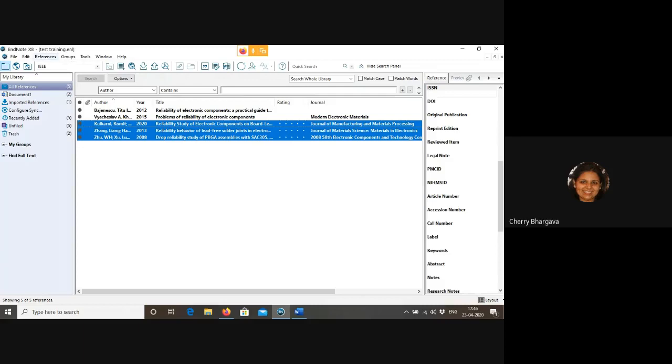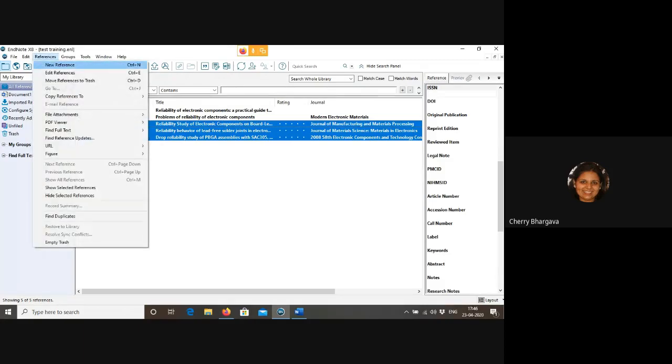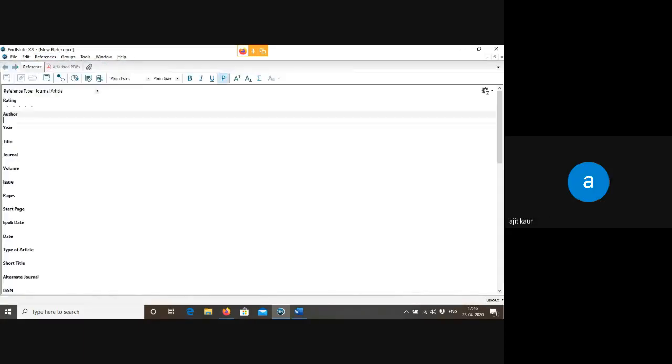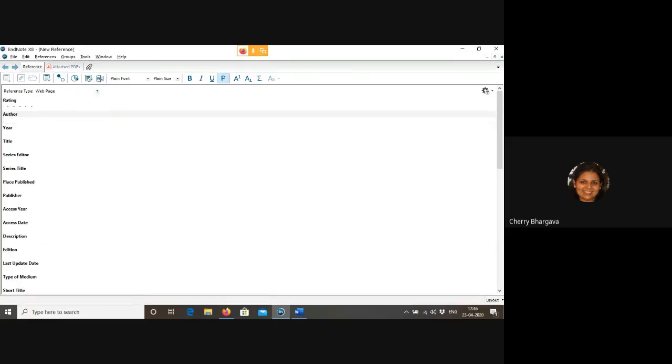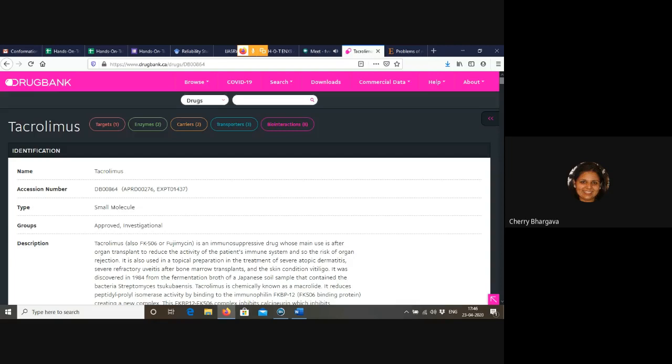Again, I'm moving to the reference tab, creating a new reference. Now, for the reference type, on the left top side, I'm going to change it to web page first. Clear? After that, I have to look for the basic information I require.